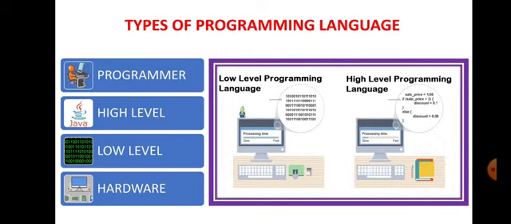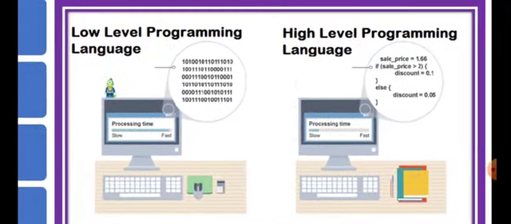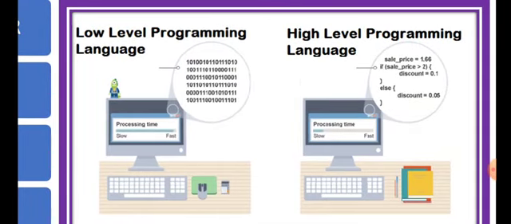Now here it will clearly help you understand what a low level programming language is and what a high level programming language is. Have a look at this picture. Here, the low level language, as I have clearly shown you, is only in the form of 0 and 1. But what is the advantage here? Look at the processing speed. The processing speed or the processing time is very fast. That is the only advantage of having a machine level language, which is a low level programming language.